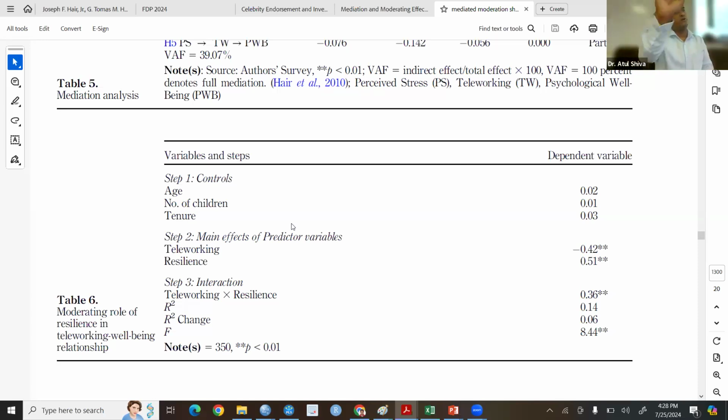फाइनल मॉडल यही होगा कि कंट्रोल वेरिएबल ऑन डीवी, तब ये वैल्यू आएगी। ये बीटा है, चेक करेंगे। हाँ, ऑन डीवी, यस। एंड दिस 02 इज बीटा। टेलीवर्किंग का बीटा देखो सिग्निफिकेंट, रेजिलियंस का बीटा सिग्निफिकेंट है, टेलीवर्किंग और रेजिलियंस मिलके भी सिग्निफिकेंट है, जॉइंट इफेक्ट भी सिग्निफिकेंट है।